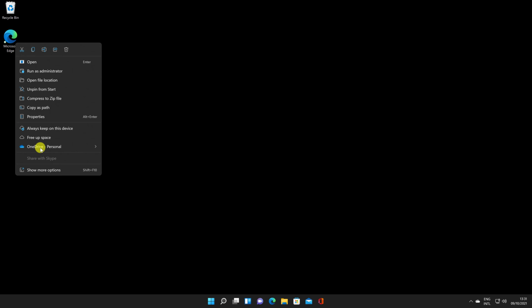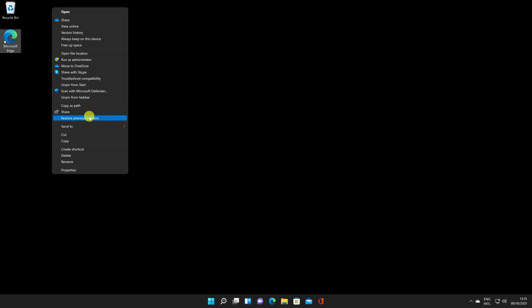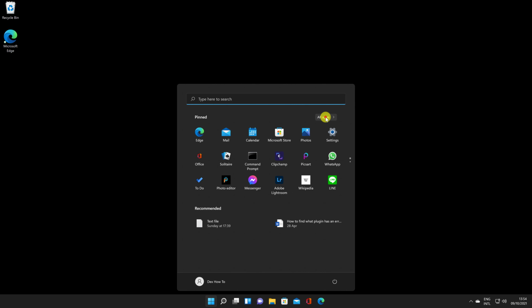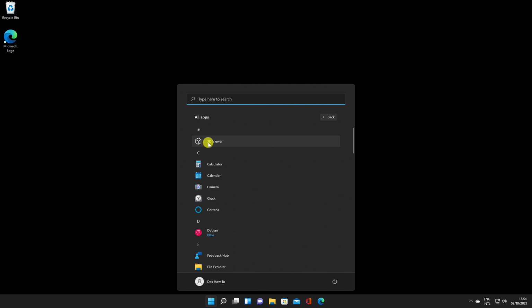Right-click the icon from the desktop and click Show More Options. A longer menu opens. About 2/3 below will say Pin to Taskbar. You can also click the Start icon, select the All Applications button, and right-click the application you want. Click on Pin to Taskbar. You have added the software to the taskbar.